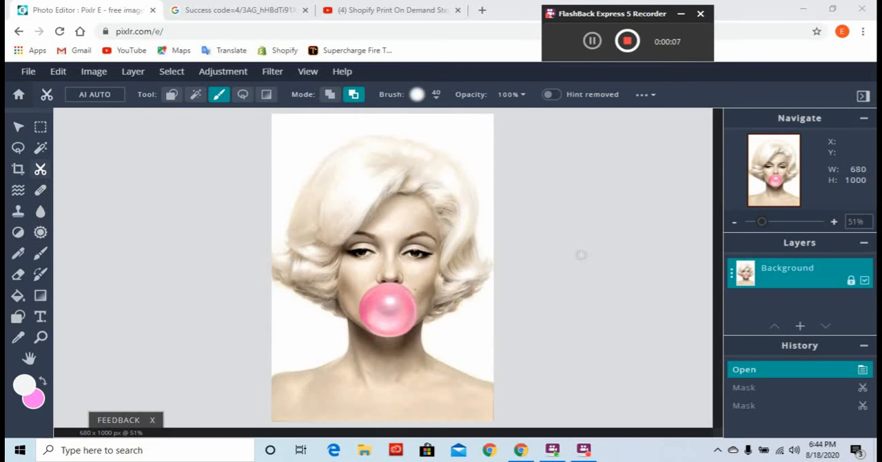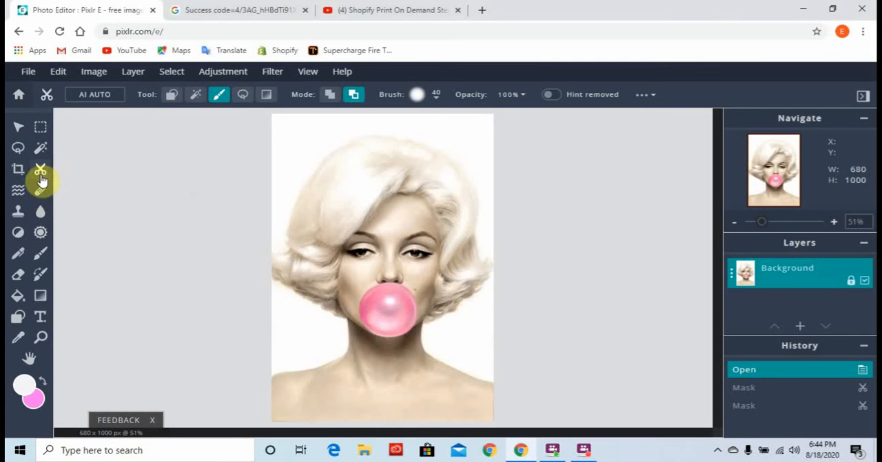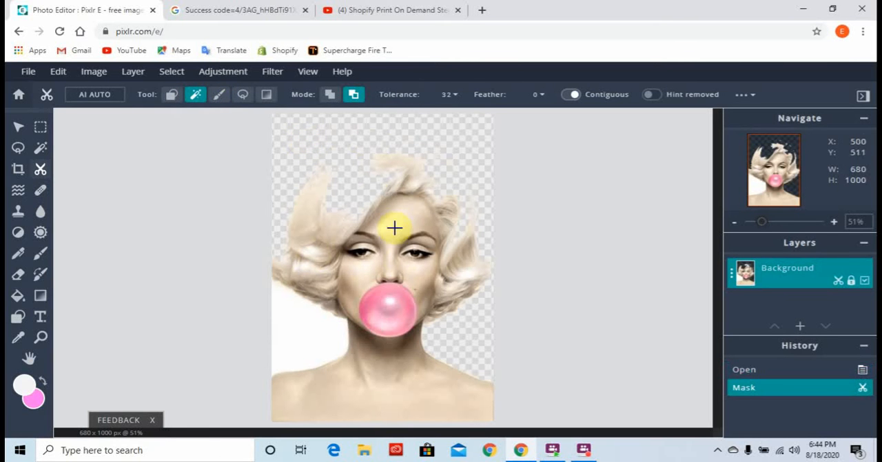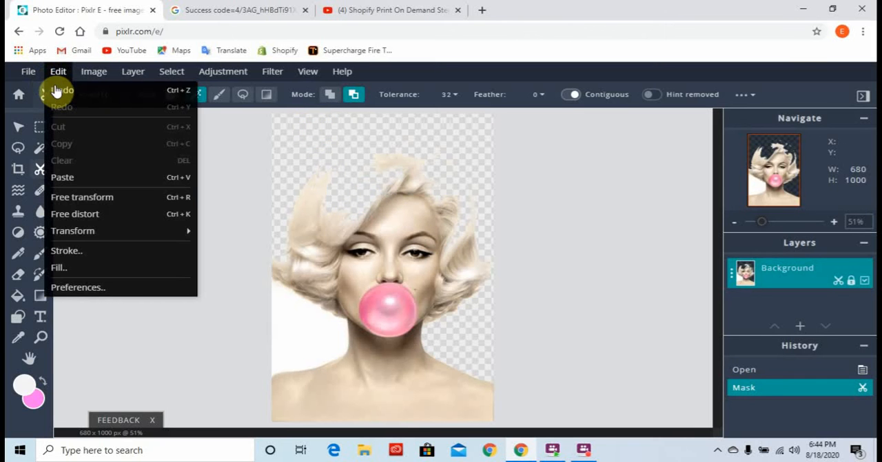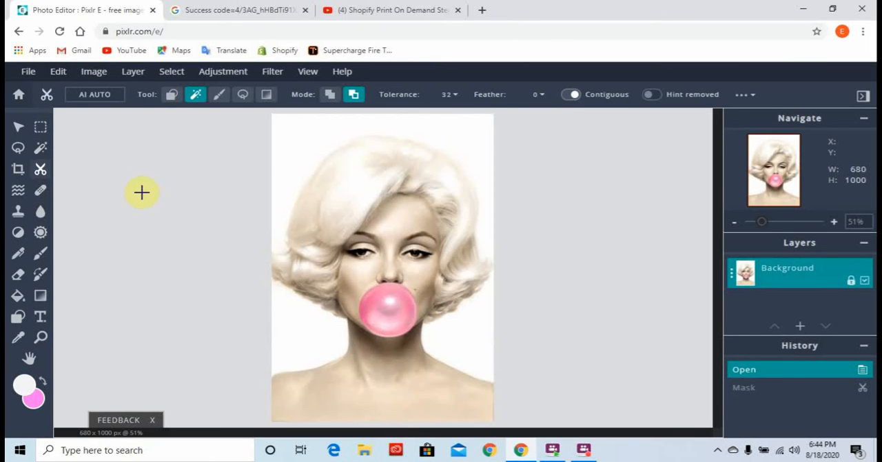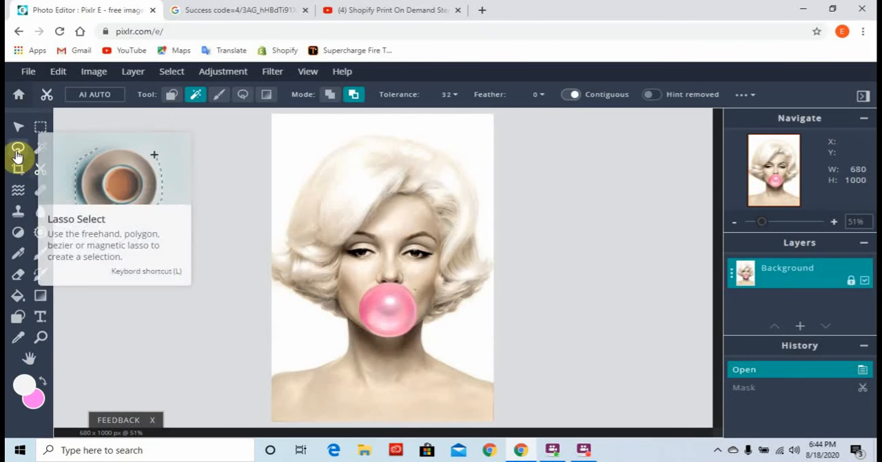Alright people, in my first video I showed how to erase the background on Pixlr. Now, if you're a beginner and have just started learning how to do this, I'm going to show you what to do if you go to erase the background and it takes some of the picture that you want. So I took her hair, so edit, undo. I use this lasso tool